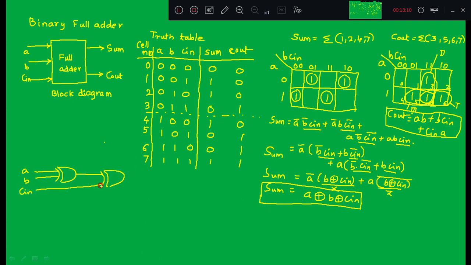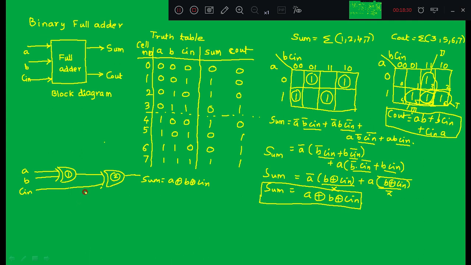So this second XOR gate, I number it as 1, 2, the second XOR gate output will be sum, that is A XOR B XOR C.